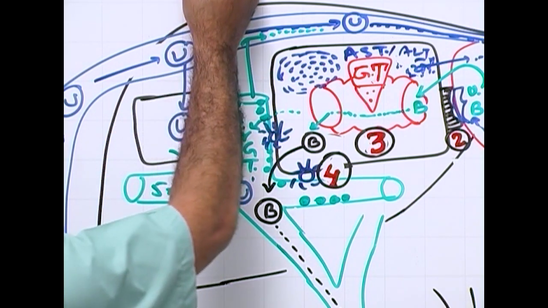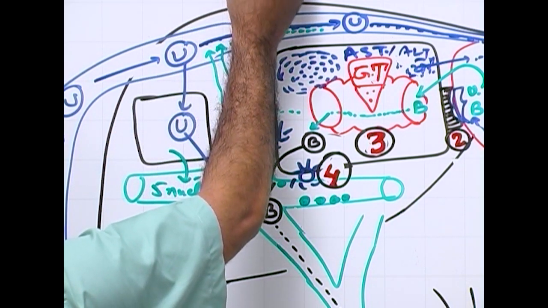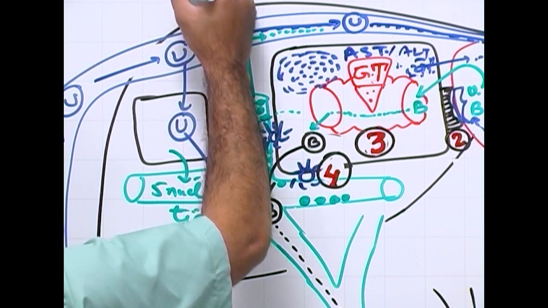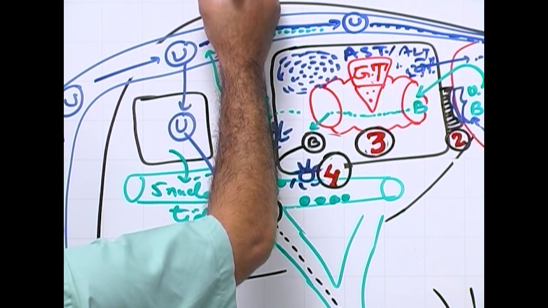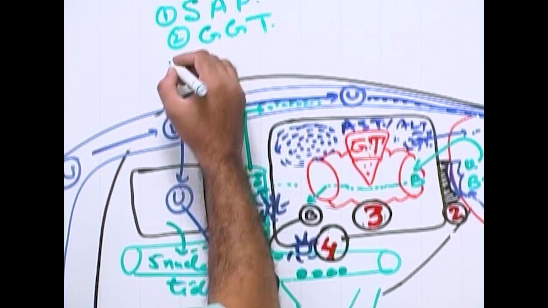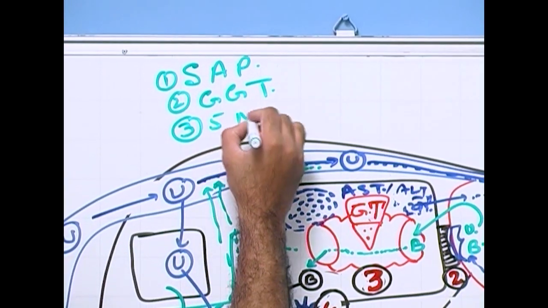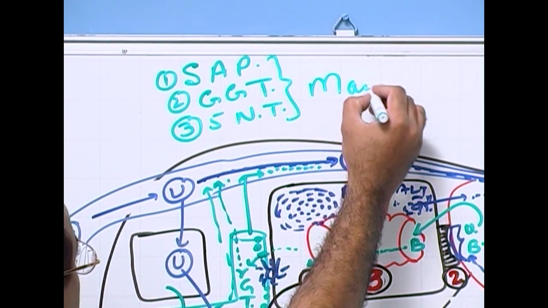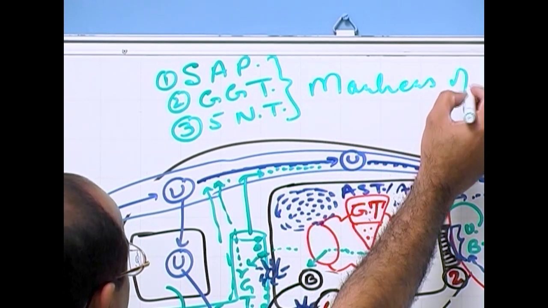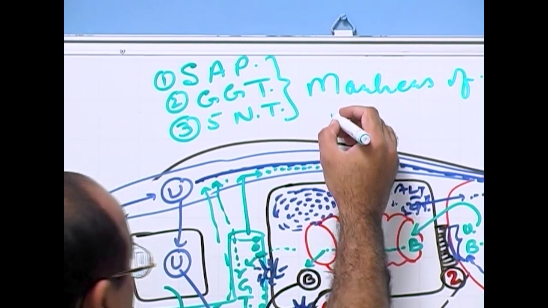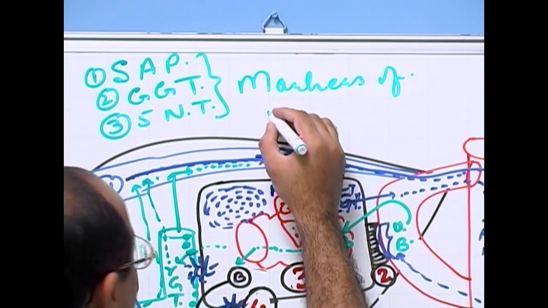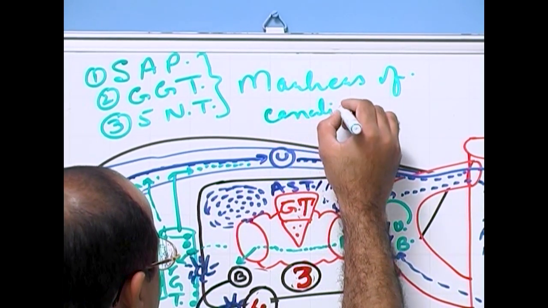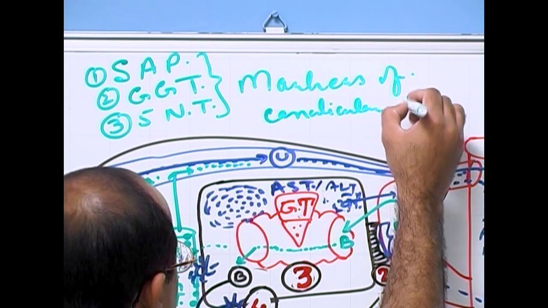It means these three, serum alkaline phosphatase, gamma glutamyl transpeptidase, and 5-nucleotidase, are the markers of hepatobiliary obstruction, biliary canalicular problems, right? Markers of canalicular injury, canalicular obstructive